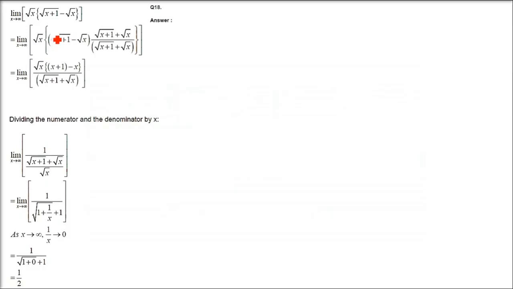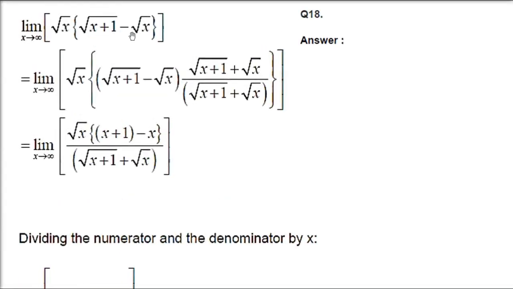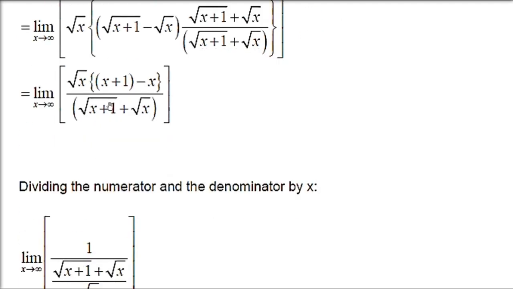This is question number 18. Here we have limit x tends to infinity of root x times (root of x plus 1 minus root of x). If we replace x by infinity, it will be infinity into infinity minus infinity, so we are going to get an indeterminate form. So we are going to multiply it with the rationalization factor, multiplying numerator and denominator by the plus form. So a minus b times a plus b gives a square minus b square. You have x plus 1 minus x, x cancels, you have 1, and in the denominator you have root of x plus 1 plus root of x.